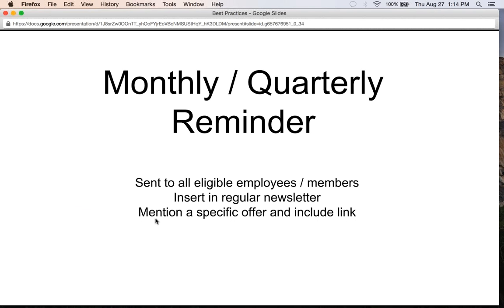In addition to that, a suggestion is monthly or quarterly reminders. This reminder type of announcement doesn't have to be a standalone thing either. If you already do regular communication to your members, you want to be conscious of how many messages are going out. So maybe you block out a small section to have a call to action button that links them to where they should go to find out more information, and maybe just a small blurb, or calling out a specific offer. If you do something regularly, even